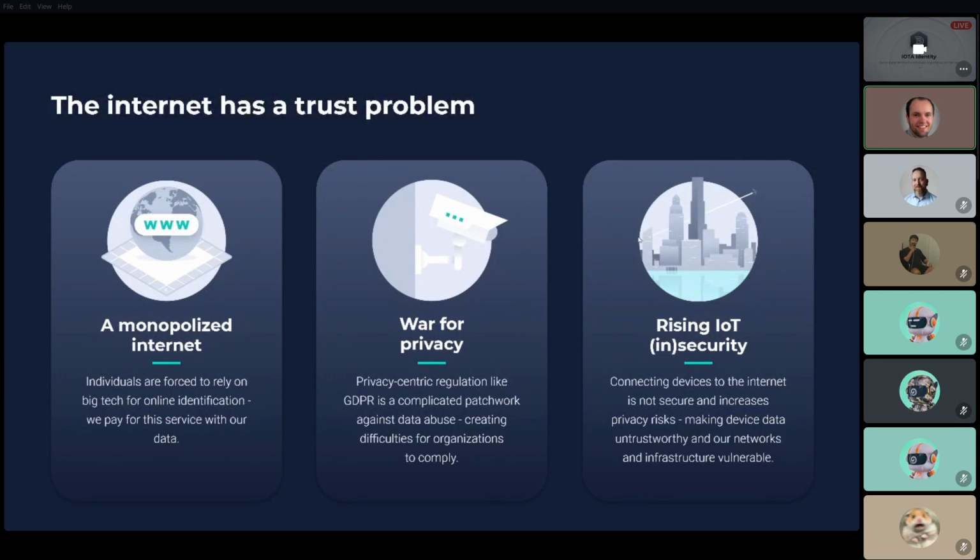So why did we start with the IOTA Identity project? Well, it was really to try and solve the big problem that we have on the internet, and that is the trust problem. It's currently very hard to trust anything that is being said online by anyone because you don't know who they are, and any claims that they make are basically not verifiable. When the internet was young, I think it was very common for people to not share anything about their real world identities. No name, no address, not anything.